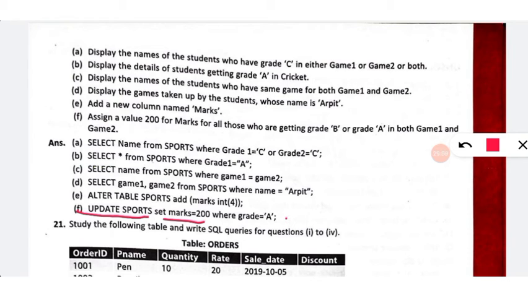So grade 1 equal to A or grade 1 equal to B and grade 2 equal to A or grade 2 equal to B. Here only one grade is considered, but we do not have a column called grade, we have only the columns grade 1 and grade 2, and for both the grades we have to compare whether it is A or B.